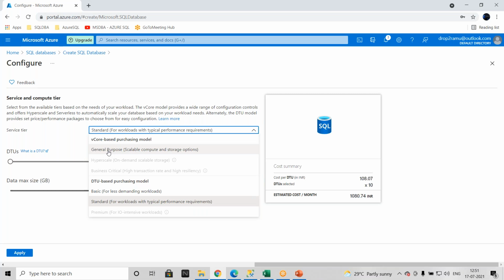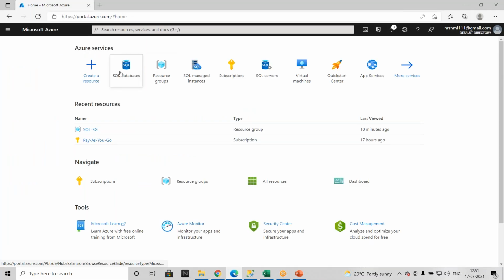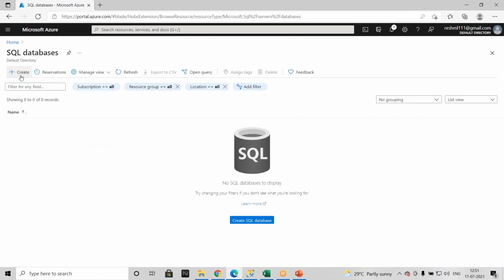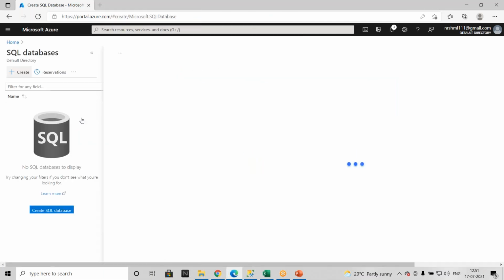But if you want to deploy hyperscale or business critical or premium under the DTU purchasing model, definitely you need to go for the pay as you go model. Let me show you the comparison with the pay as you go model. So this is my pay as you go model where I want to create my database. Let me go and create the database.